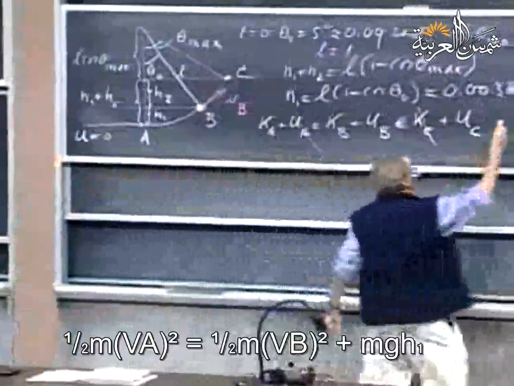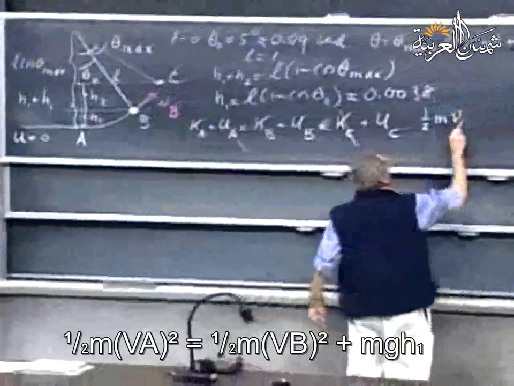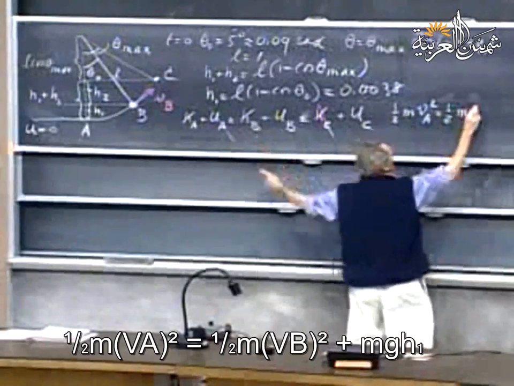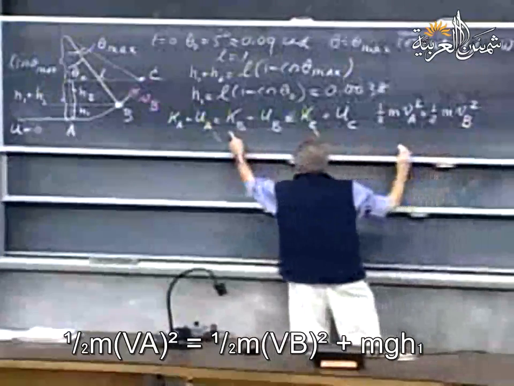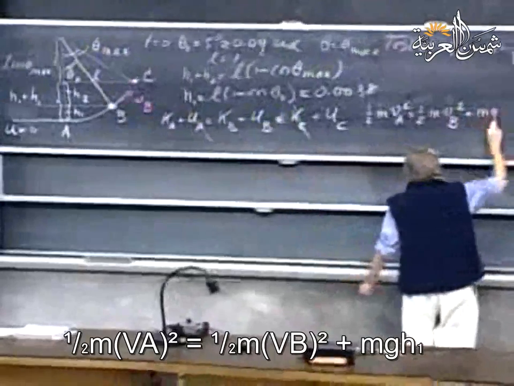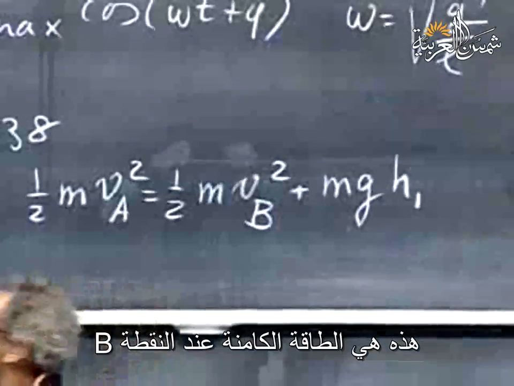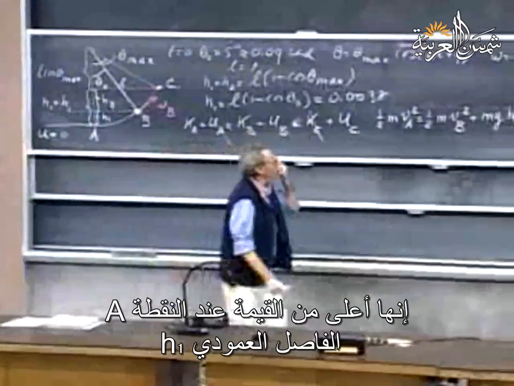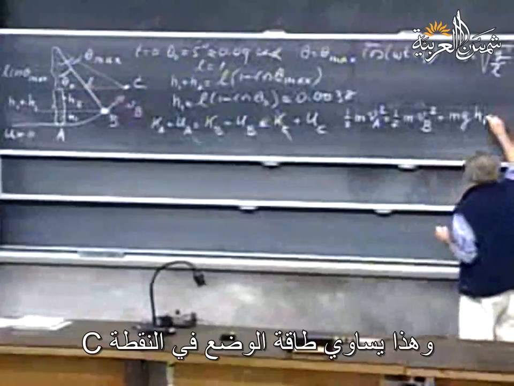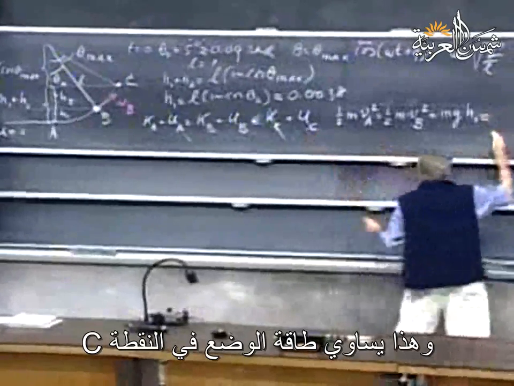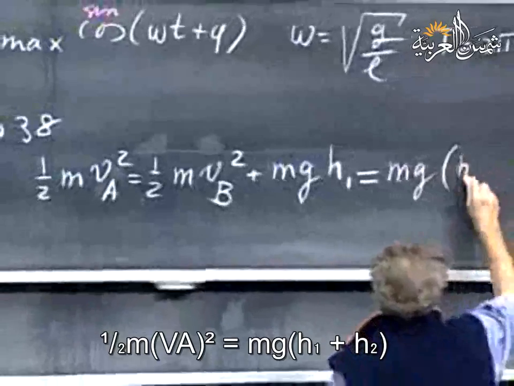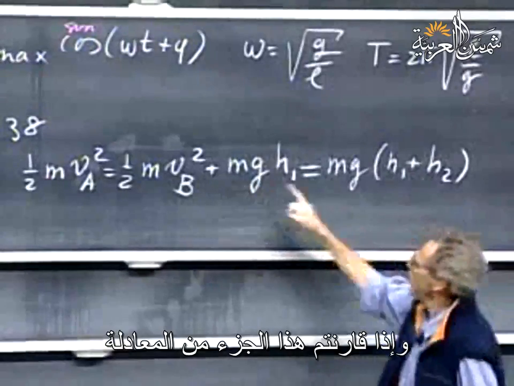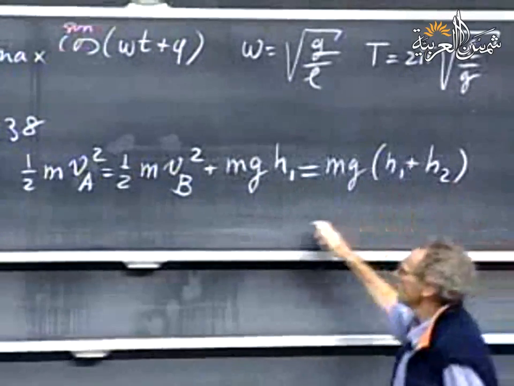So now we can write down that 1/2 m VA squared equals 1/2 m VB squared plus mg times h1, that is the potential energy at point B. It's higher than this point A, vertical separation h1, and that equals the potential energy at point C, which is mg times h1 plus h2. And if you compare this part of the equation, you see that you lose mg h1, and so you find